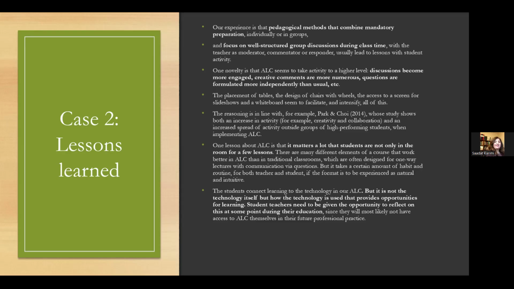One lesson about ALC is that it matters a lot that students are not only in the room for a few lessons. There are many different elements of a course that work better in ALC than in traditional classrooms, which are often designed for one-way lectures with communication via questions. But it takes a certain amount of habit and routine for both teacher and student for the format to be experienced